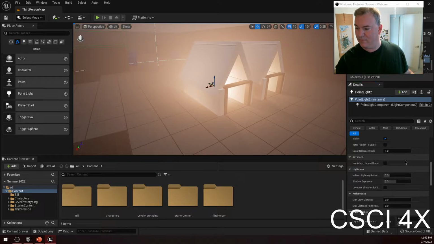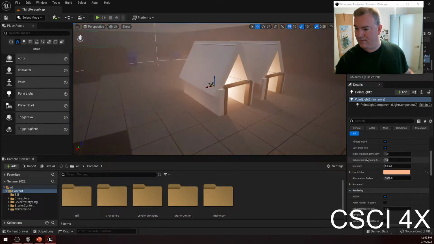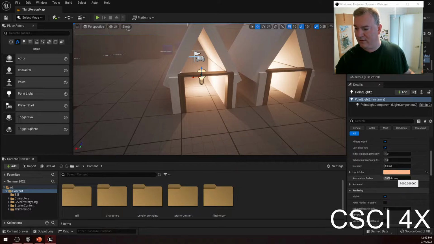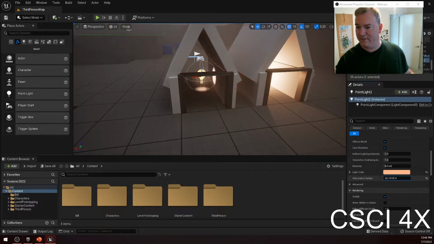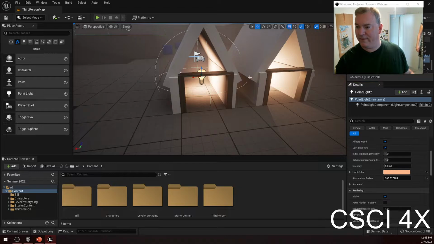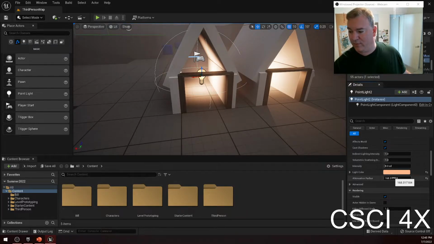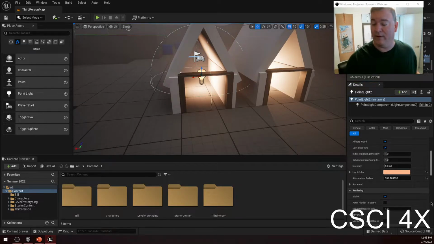Oops, what did I do? Light color, attenuation radius adjusts. Do you see how there's that spherical outline there? So you can adjust the amount of world that the light affects. The attenuation radius controls where the light drops off, right? Basically if you set it like this, the light just doesn't affect anything outside of the ball. You see how this one's casting a shadow down here, the light's spilling out of the doorway. Here it's not, right? And that's actually really important because